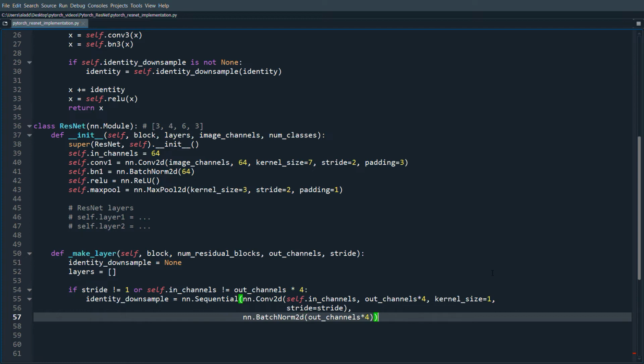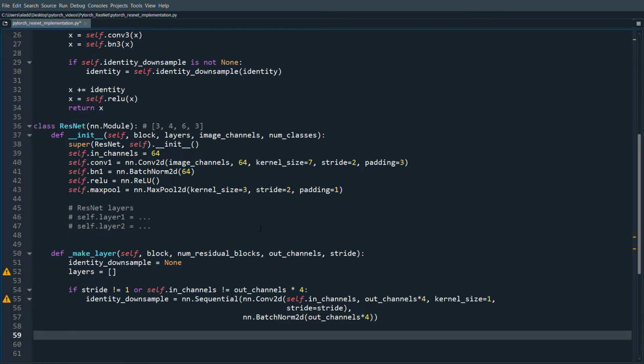And that's it for the identity downsample. And so let's see now. What we want to do also is then we're gonna do layers.append. And what we're gonna do in the first one is that we're gonna change the number of channels. So this is a tricky part. The in channels is just self.inChannels,